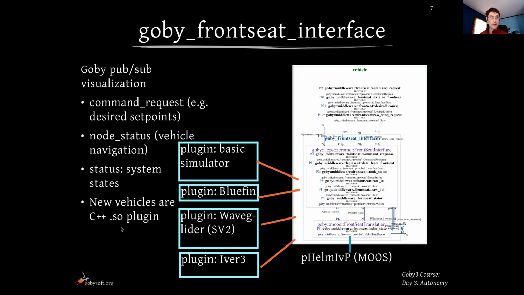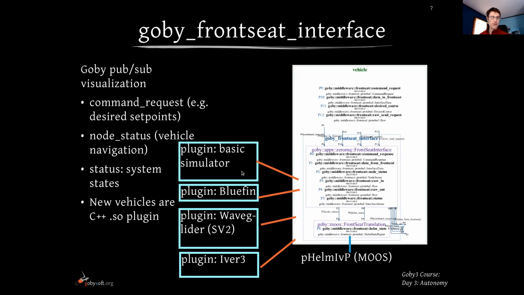It's implemented as a C++ library plugin, if you will, that's dlopened and run at runtime. So you can add your own vehicle support to this inside of Goby or as an external library that you load at runtime. And the four that are provided inside of Goby in the open source distribution at the moment: there's the basic simulator plugin that connects to this fake simulated vehicle.